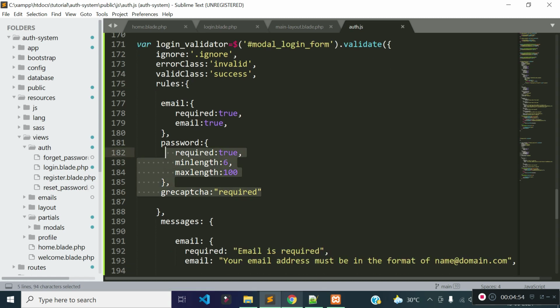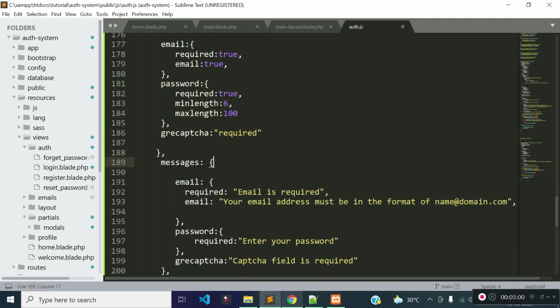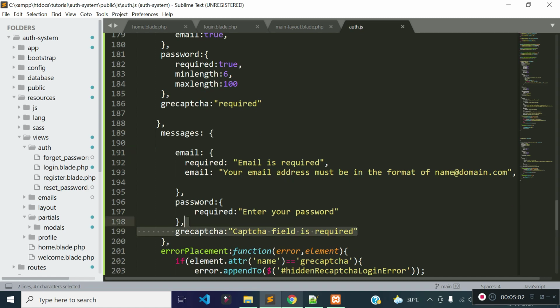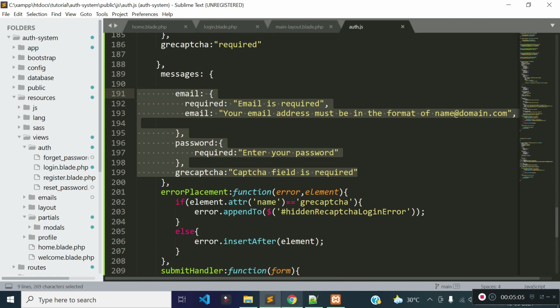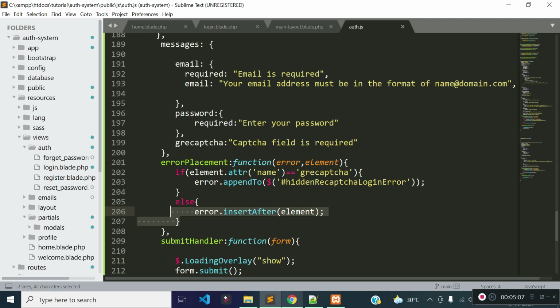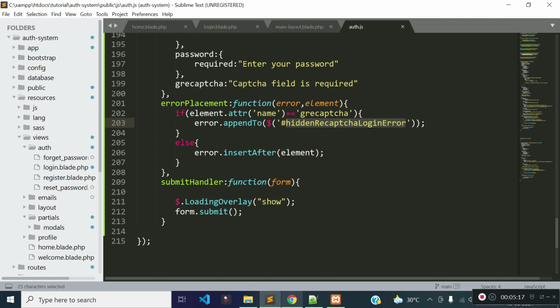Inside this rules, our email field is required and should be valid email address, and there are validation rules for password field and we have custom messages for validation messages, and there are some error replacement for the Google reCAPTCHA field. For the Google reCAPTCHA error messages, I am displaying the error message to a div of ID hidden reCAPTCHA login error, and inside the submit handler I am displaying an overlay loader, and I am submitting the form.